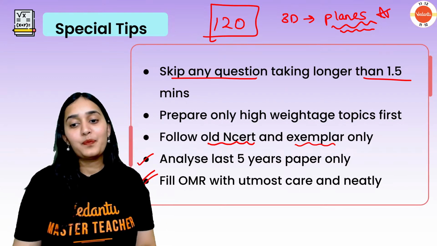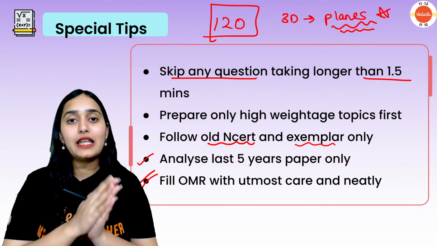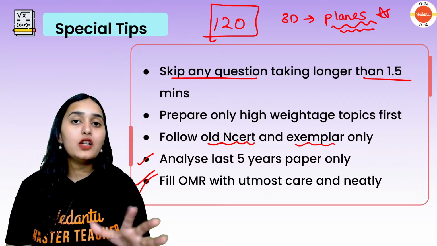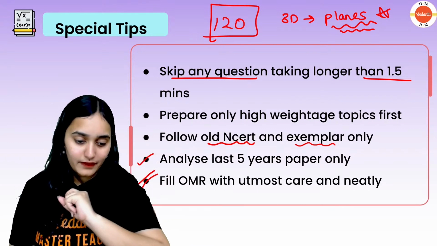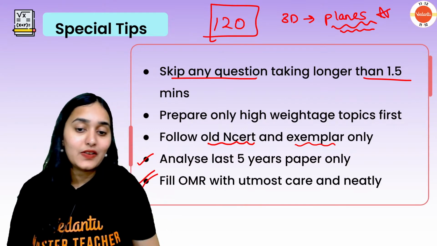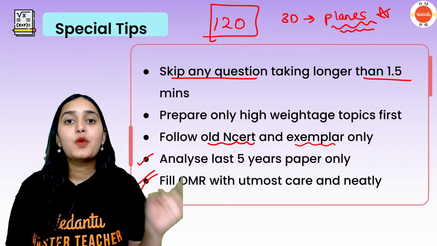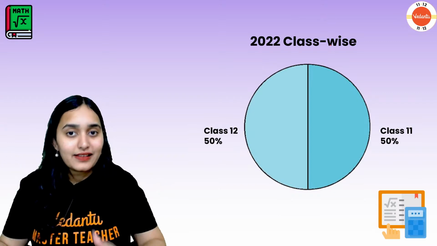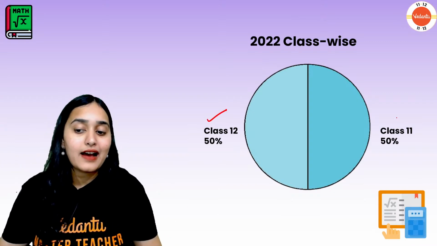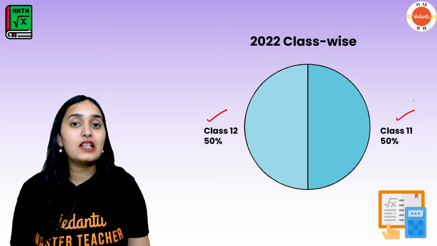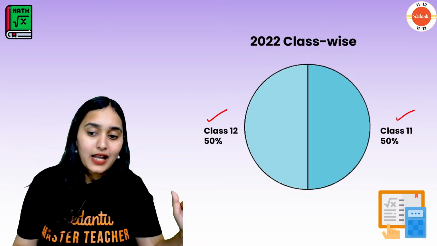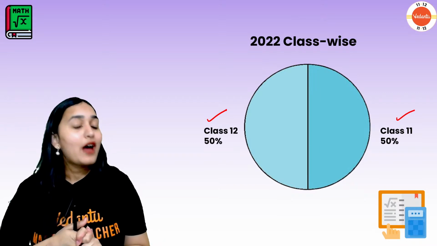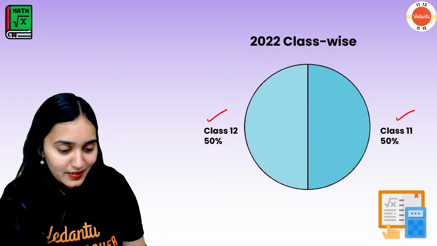All right, now before moving on to looking at more weightage topics, I want to analyze the question paper along with you guys. Are you guys ready? Now, of course, one thing you all should know, that if you are talking about class-wise distribution, then class 12th and class 11th have equal weightage in your exam. 50% from class 12th and 50% from class 11th is asked. So you have to cover class 11 syllabus as well.